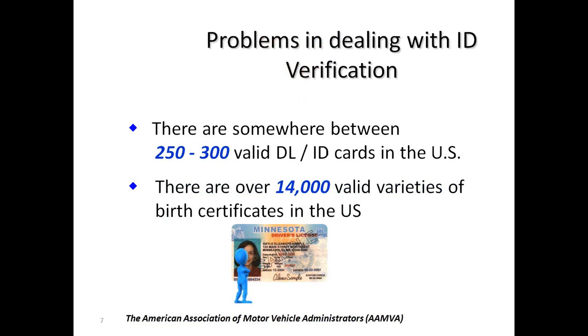This is one statistic that many folks here in this country do not understand. There are over 300 valid driver's licenses in the country, and there are more than that now. They ask, well, how does that happen? We only have 50 states and a few territories. Well, what happens is that